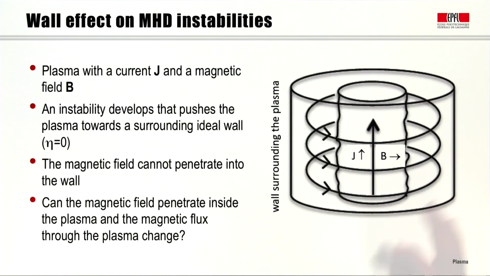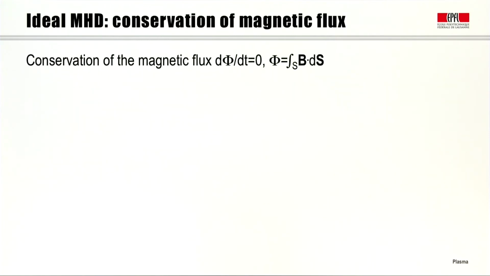The magnetic field cannot penetrate into the wall. So we ask ourselves, can the magnetic field penetrate inside the plasma, and can the magnetic flux through the plasma change? To answer this question, we have to study one important property of ideal MHD, which is the conservation of